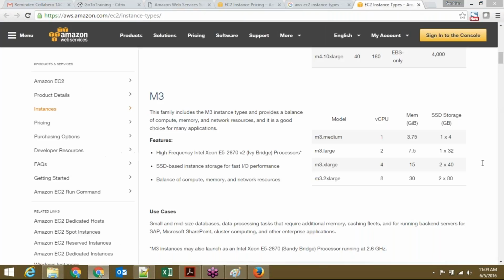Okay, Charles. In physical hardware, we have RAID configurations like RAID 5, RAID 1, and RAID 6 for data redundancy. But how is it in AWS instances? Software RAID is available, Charles, but not hardware RAID. You don't put a RAID controller in AWS, but you can use software RAID. In Linux, you have mdadm, the multiple disk administration command, where you can combine different hard disks into a RAID level, like mirror or striping,